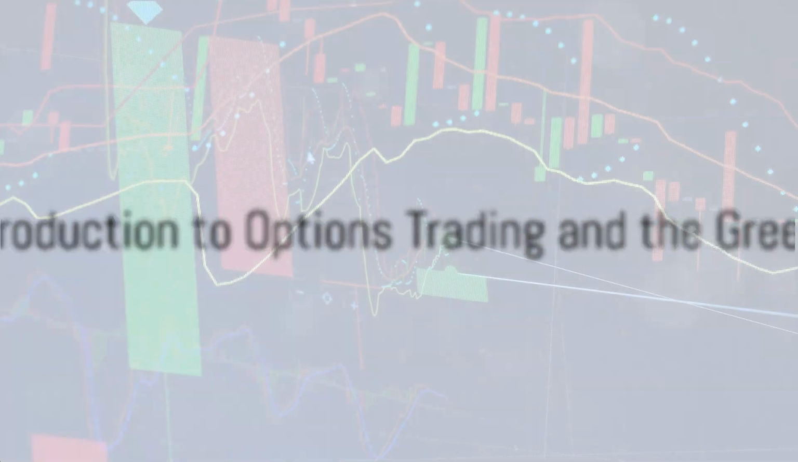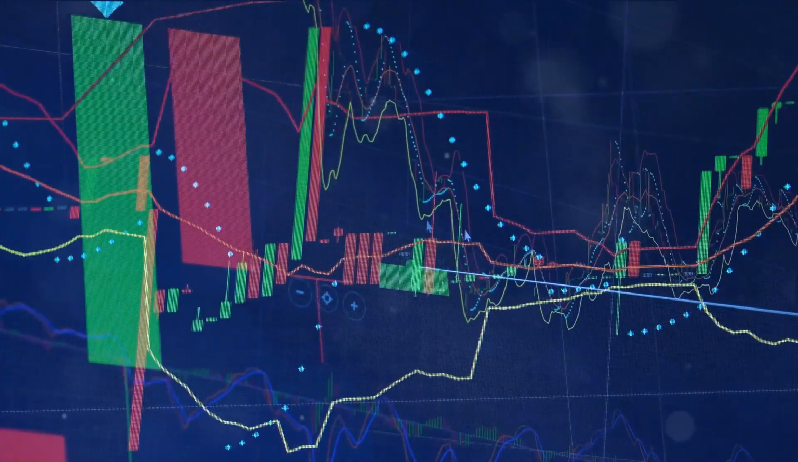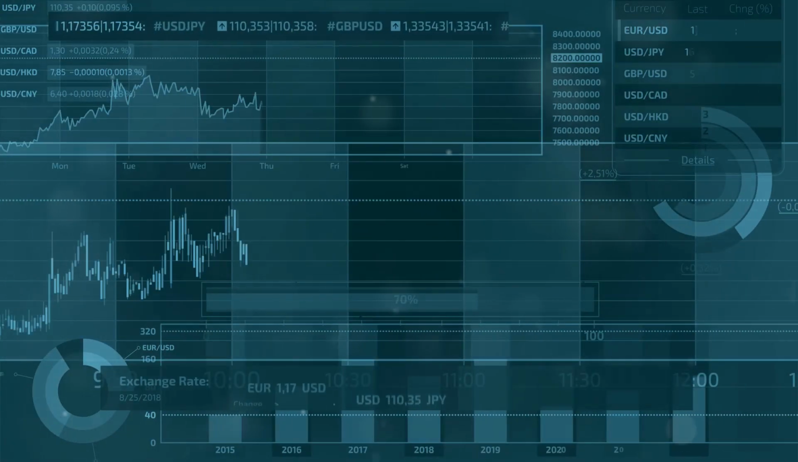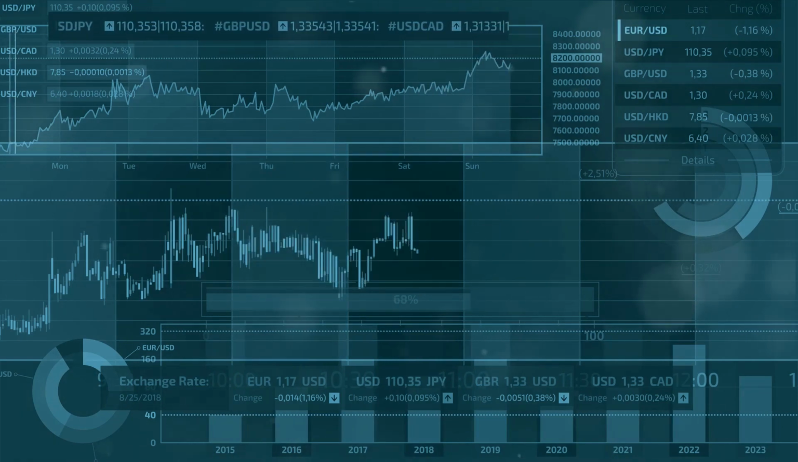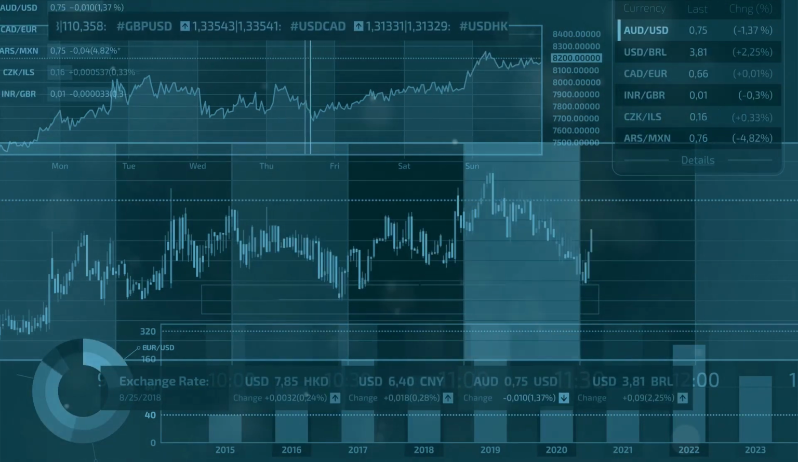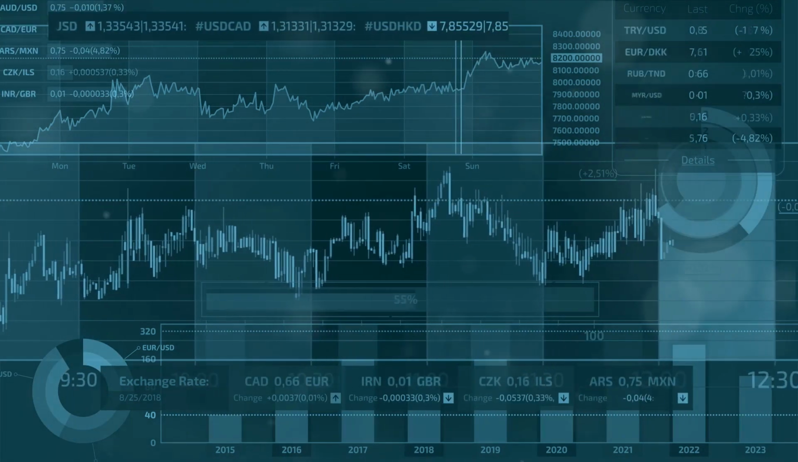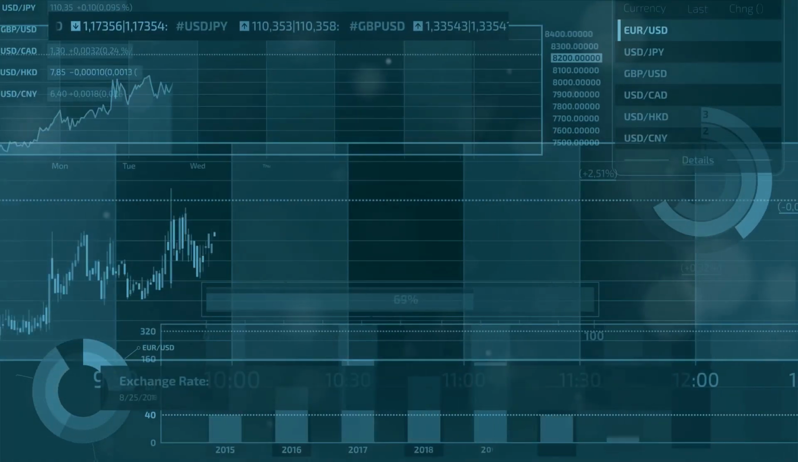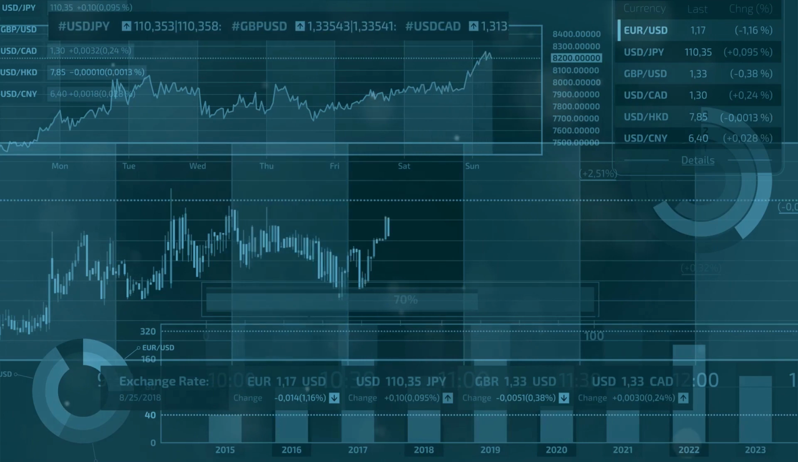Ever thought about measuring risk in options trading? It's all about understanding the Greeks. Welcome to the fascinating world of options trading, where the Greeks play a crucial role in mapping out potential risks and rewards. But who or what are these Greeks? They're not ancient philosophers, but rather a set of risk measures that offer valuable insights into the dynamics of options